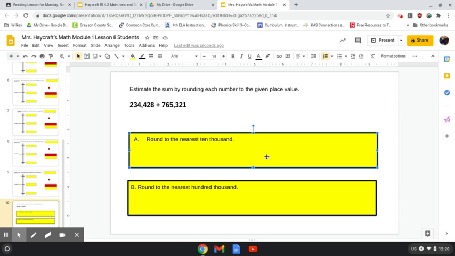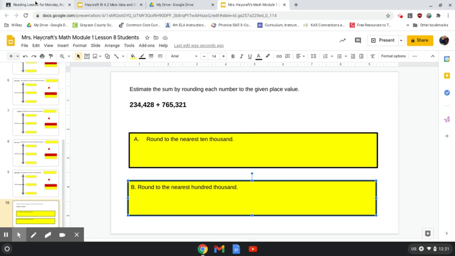Remember, we do an RDW, read, draw, write. So if you need to use a piece of paper, that's fine. But your sentence to the answer should be written in here, along with what you would round those numbers to. Then you'd come down here using the same numbers and round it again. After you complete that whole